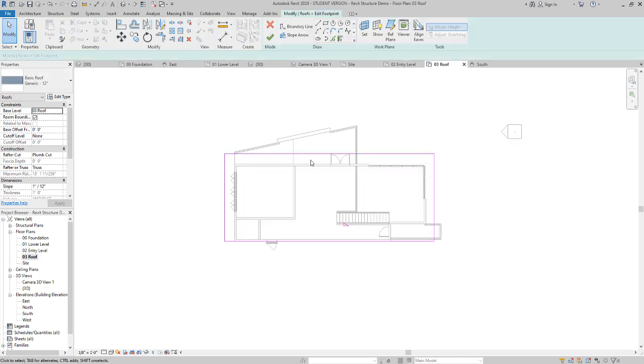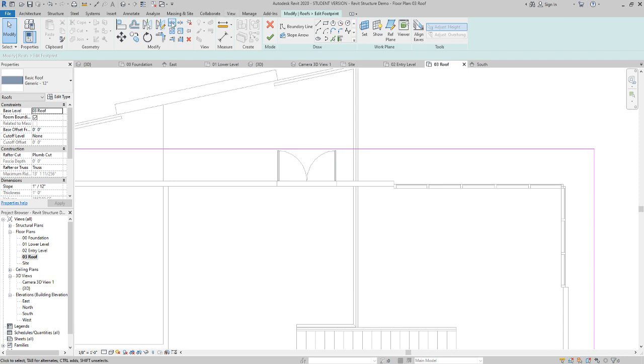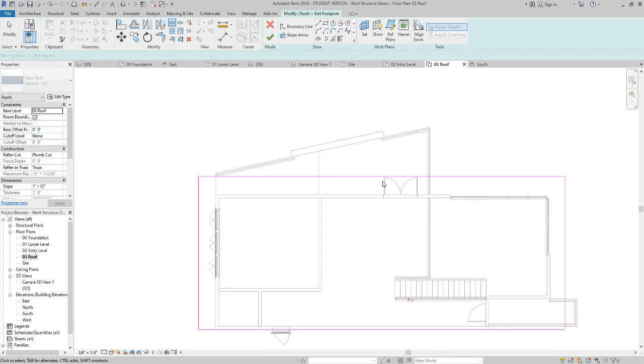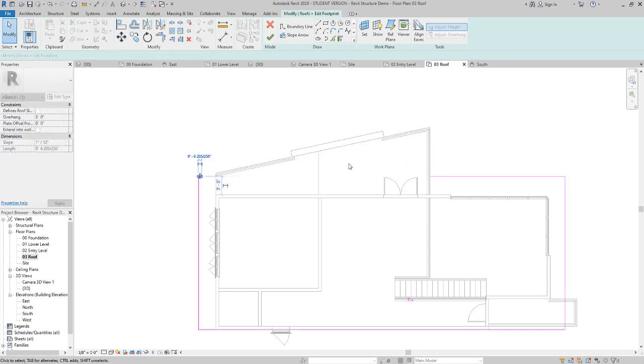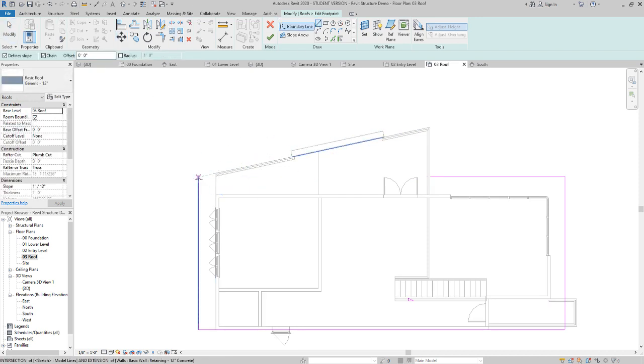And what they want to do is have us use a split command right about here. So I'm going to click on split, split that right about here, and then take this guy, and they want us to kind of just drag that, whoops, delete that, and then we can just click and draw a new line just going up and over,